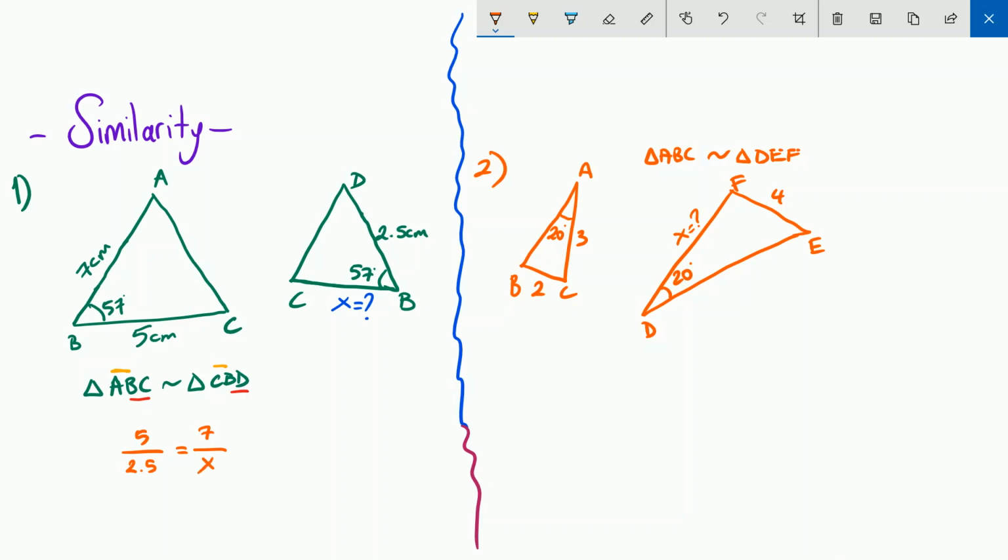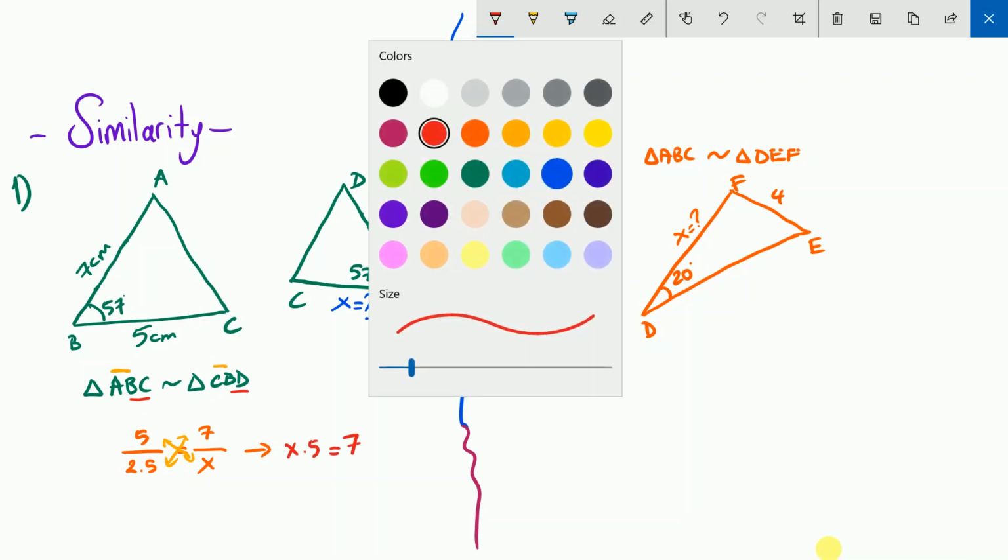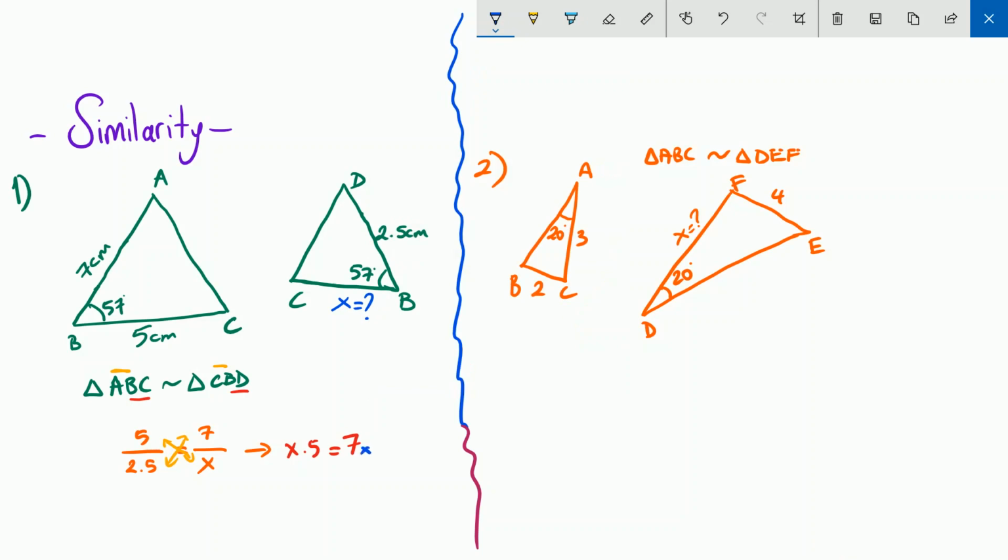So we have learned how to solve proportion. We are using cross multiplication, you remember often. So x times 5 equals 7 times 2.5. I use the multiplication symbol, otherwise you may get confused. So finally x equals